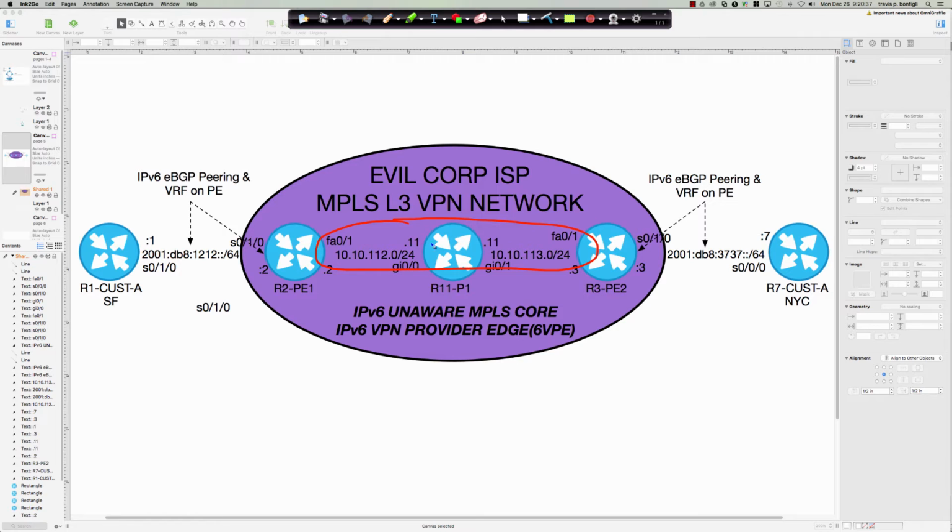Now the key with 6 Provider Edge is the other big difference. You have that IPv6 direct peering with the Provider Edge router if you're the customer. And the second major difference is that you are in the global routing table for the provider with 6 Provider Edge. So if you don't want to be in the global space, you need to be in the VPN space, right? Or the